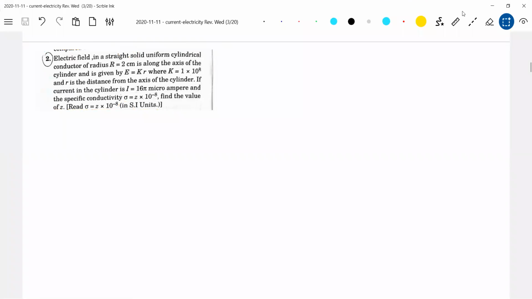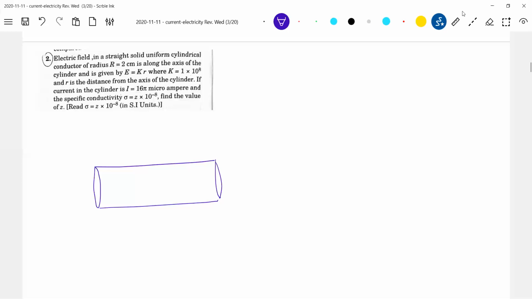Next one. Okay, this is a straight conductor. Almost the integer type that I give are very sharp thinking problems. Within 2 minutes, I'm suggesting you the DPP that I gave, especially the integer type, you have to do time bound. You should think. Then only that methodology will develop. Otherwise, you do one problem for half an hour. Okay, maybe 1 or 2 questions, but 90% of questions are very sharp thinking. Within 2 minutes, you should wind up.